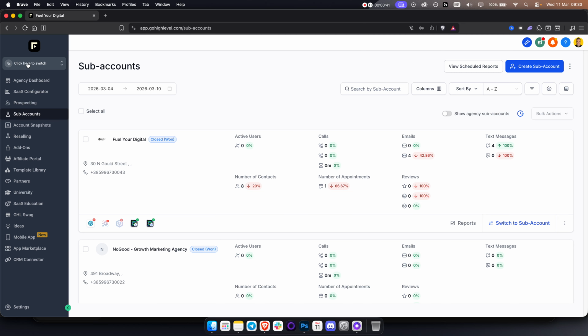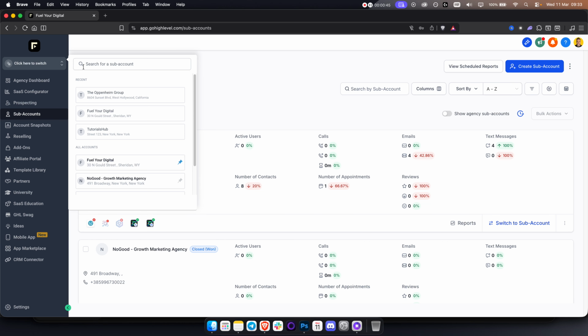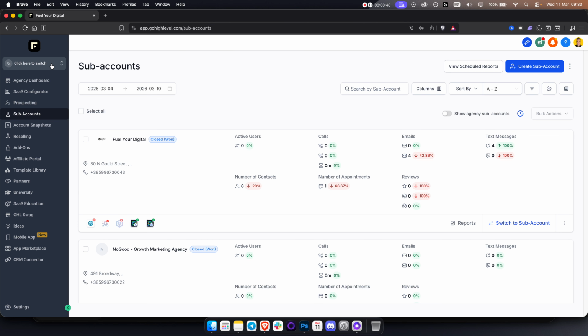And yeah, let's get started. So this is an agency view. This is what's called agency view. You also have a sub-account view, which is right here. So a sub-account represents your business. So essentially, you will need to create one sub-account for your business before you can go and set up calendar for booking appointments. So in this case, what you want to do is you want to go to sub-accounts, create